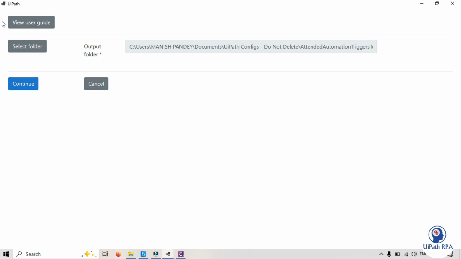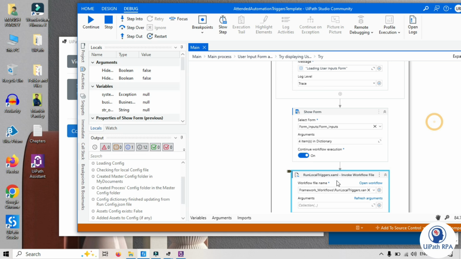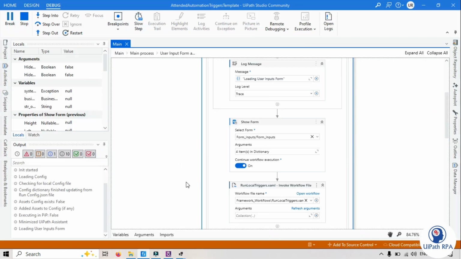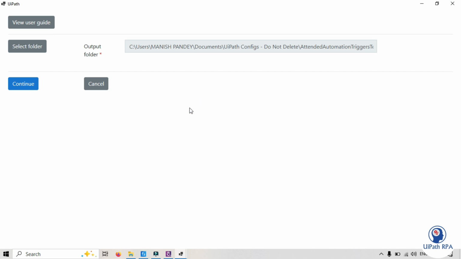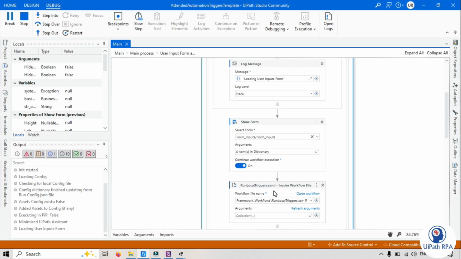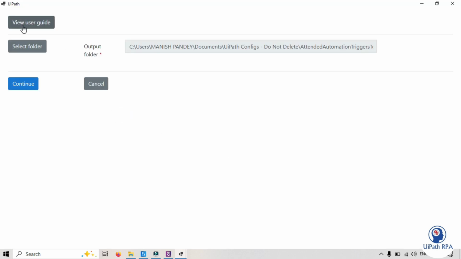Now currently nothing will happen here. If I click on anything, nothing will happen because the local trigger has not started here. So first we need to execute this part. Now based on the input, it will start performing actions here. So let's say if I click on view user guide, then